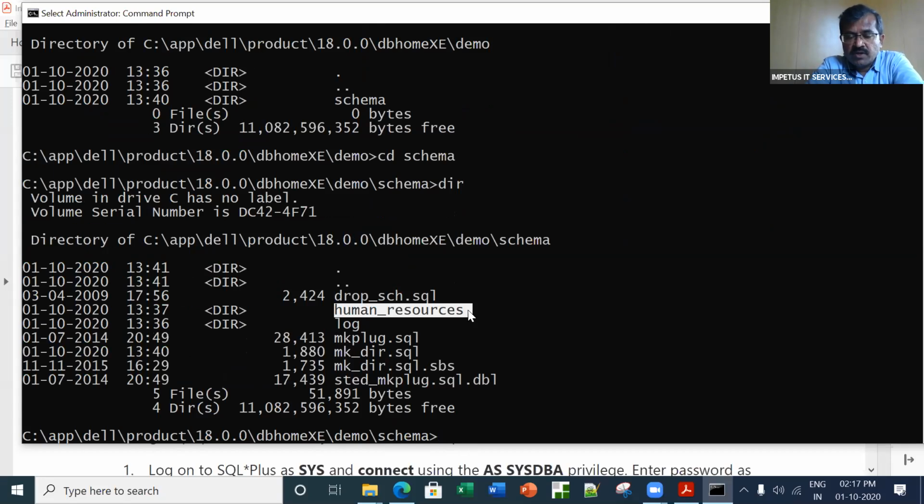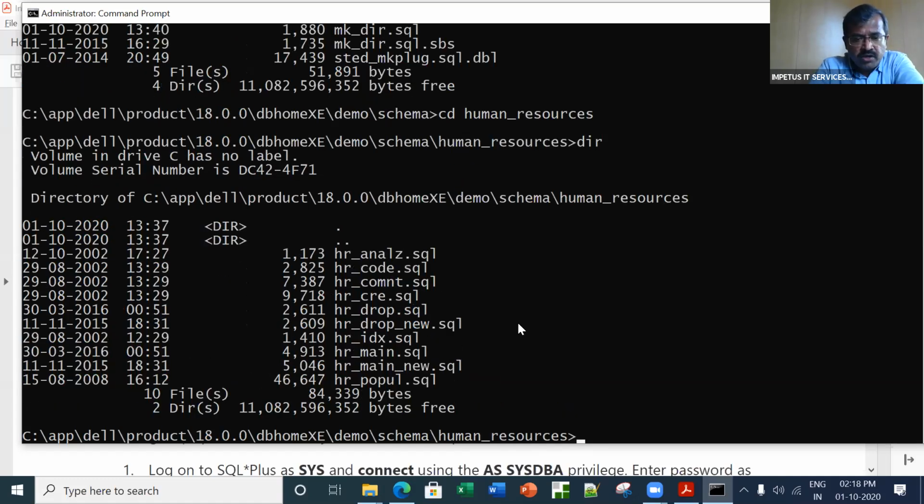Now we can run this particular schema. There are options which are available. Either I can go into it and run the schema, or from here you can also say make and run it. I'd rather go into this particular folder and run the schema, because currently we are not planning to install the other OE schema and other schemas which are there. So I'll not go here. I'll go into this human resource folder. I say cd human resource. And if you go here, you'll find one file, hrmain.sql. That's the file that you would like to execute.